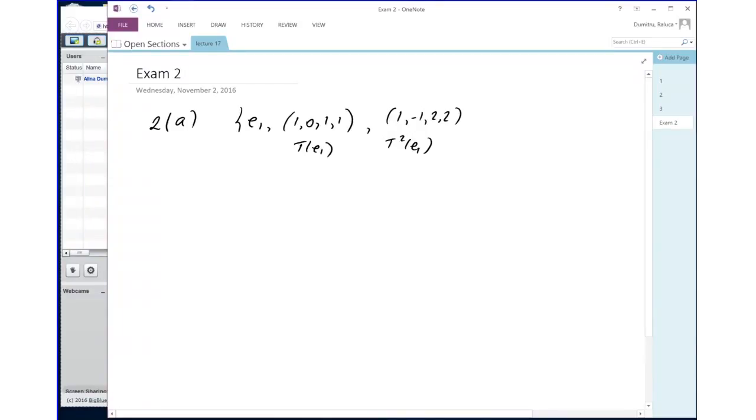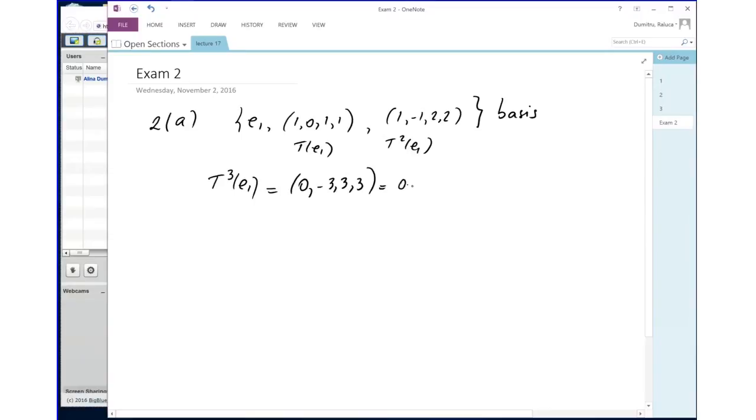Okay. And when you add the third vector, which is T cubed of E1, and that was 0, negative 3, 3, 3, it turned out to be dependent, right? And you know that's where you stop, and this set is independent, so it turns into a basis. In the process of checking this, you would set T cubed of E1 equal to a linear combination of everything else, and solve for the coefficients, and it turns into